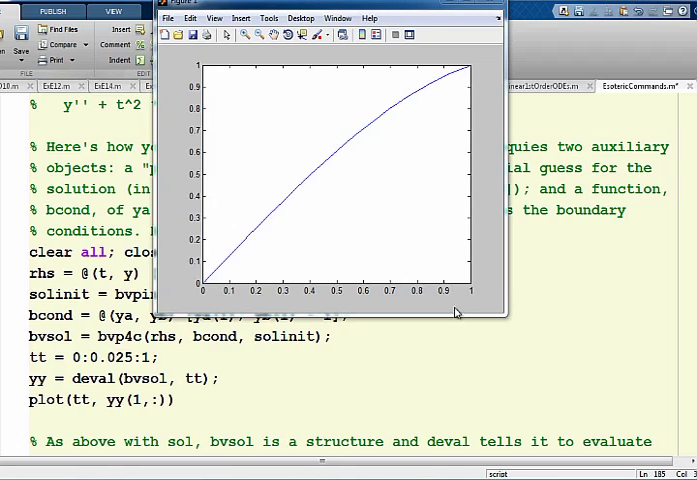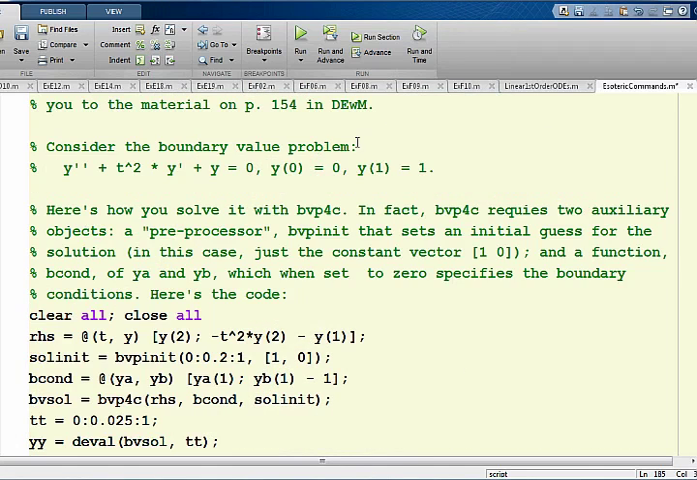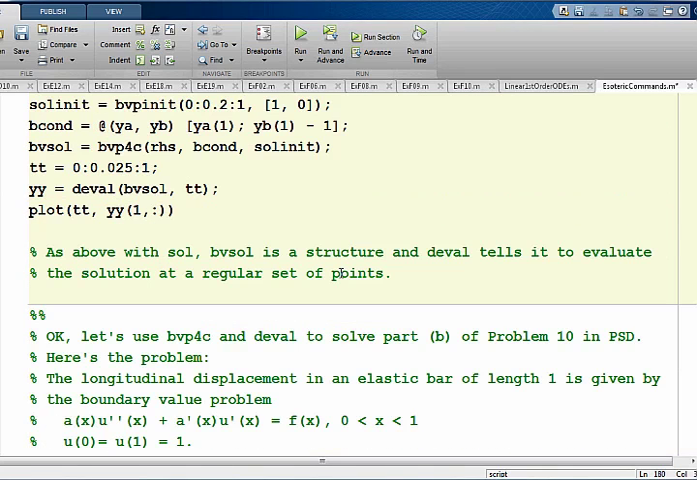As was specified in the boundary value problem itself. Right? Look back. There it is. y of 0 is 0. y of 1 is 1. Okay. All right. Now let's use these two, bvp4c and deval, to solve part B of problem 10 in problem